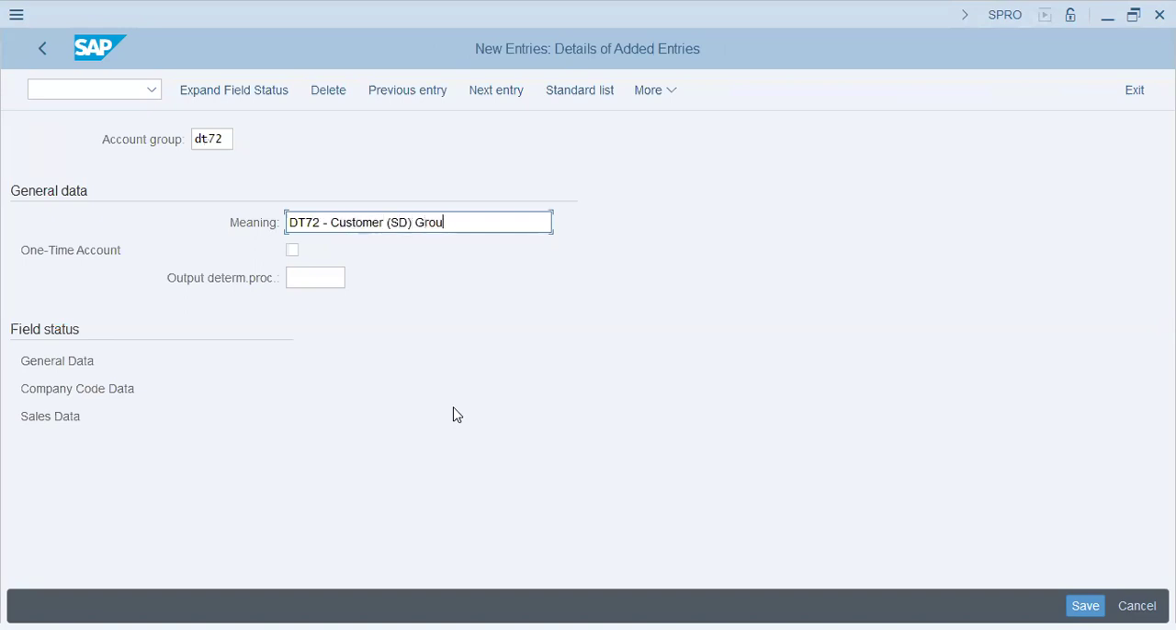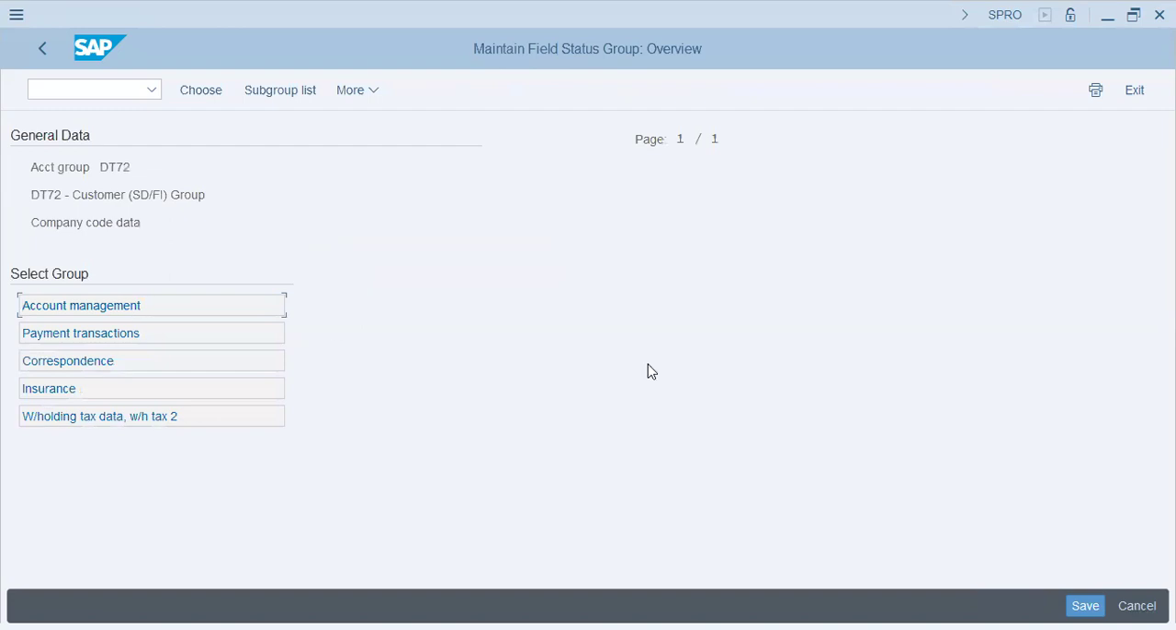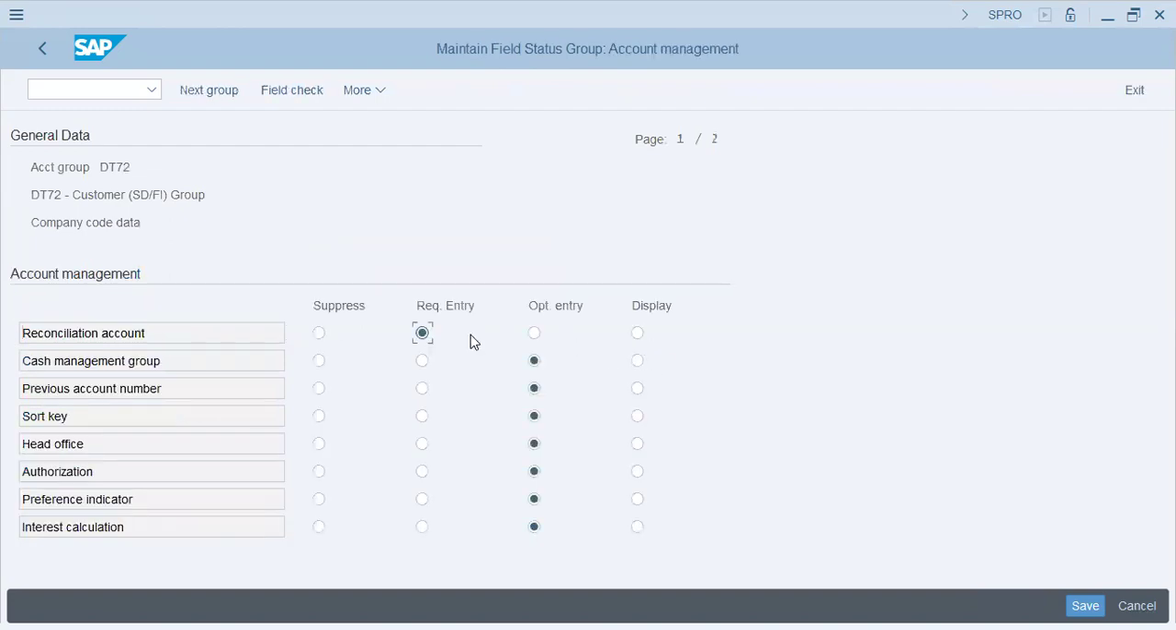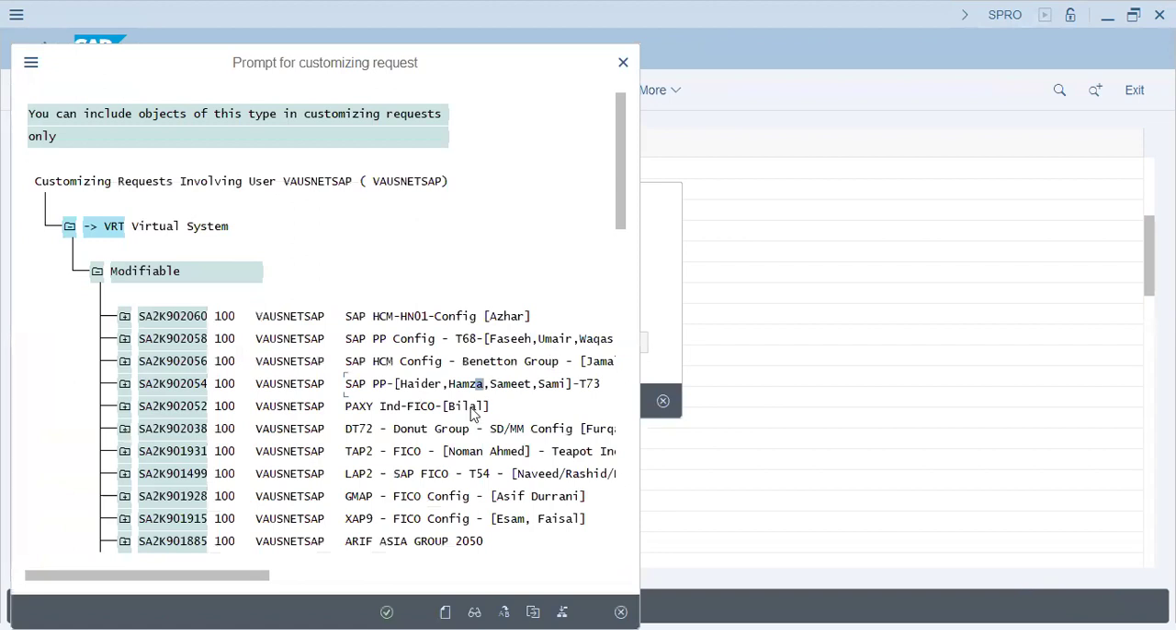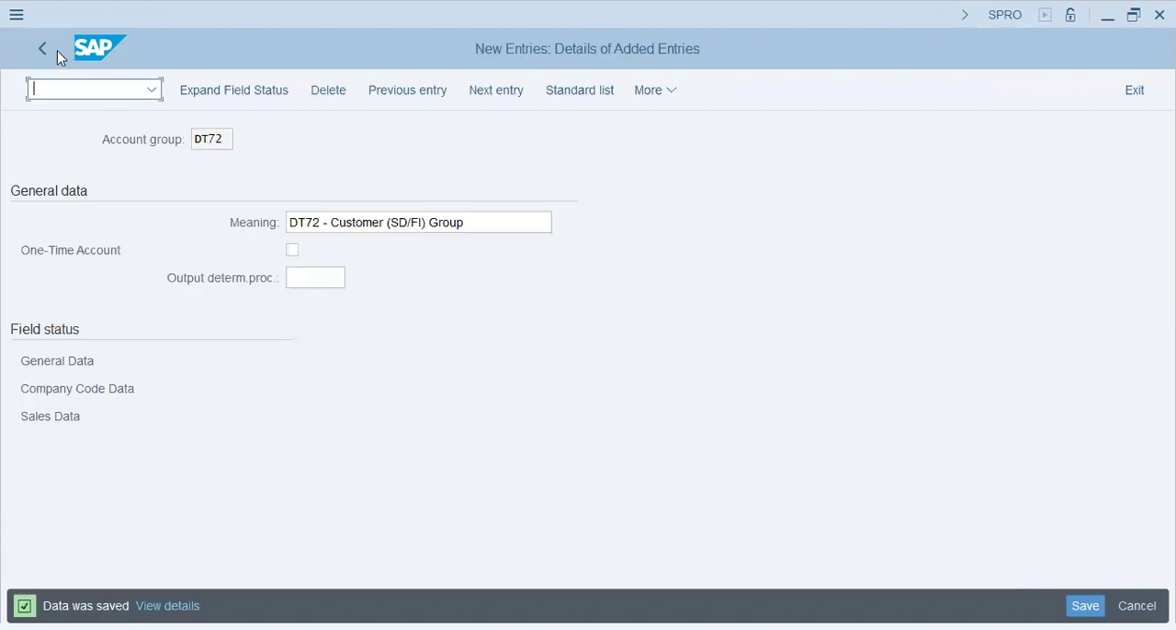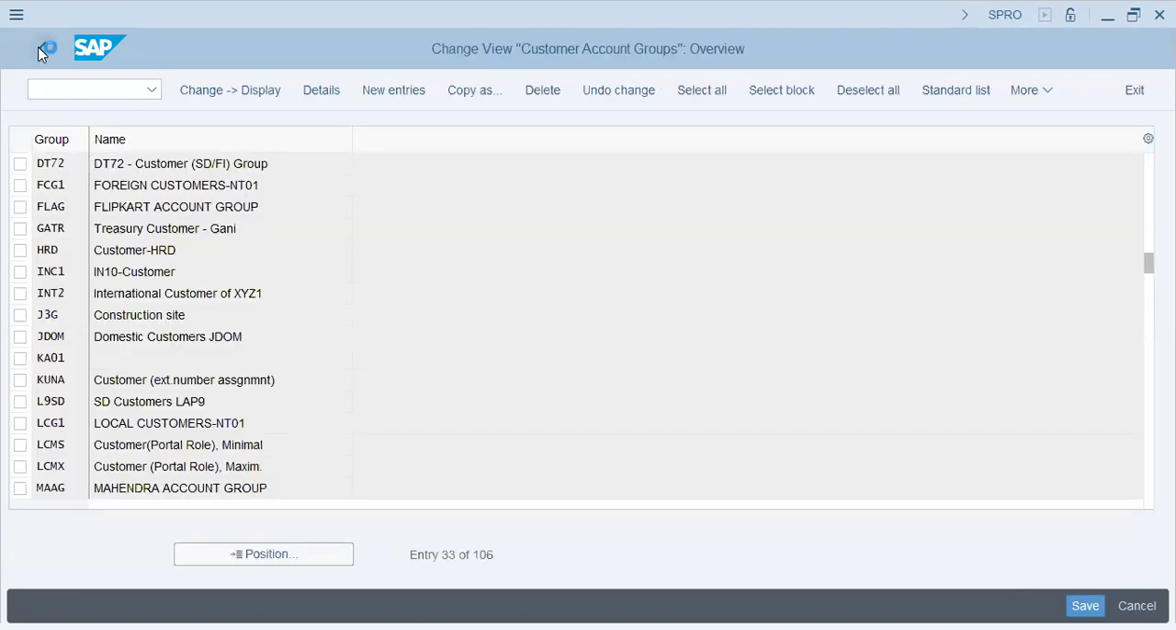SD group, SDFI group. Okay, general data, company code data. Okay, fine. In company code data, these are the fields that we'll see when creating, and required entry is nothing. We'll just keep it that way. Okay. Save. Donut group. Save. Okay. GT72 is made, and